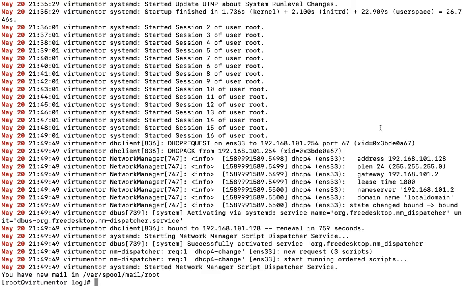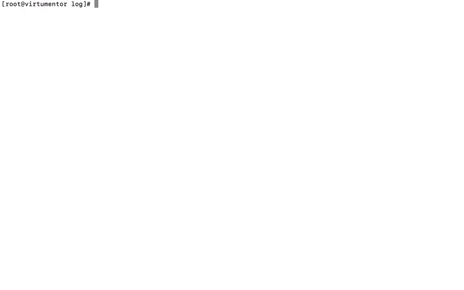For this we have the parameter hyphen capital E. In this we have to use single quotes and open and close brackets, and most important, here we give the multiple patterns.